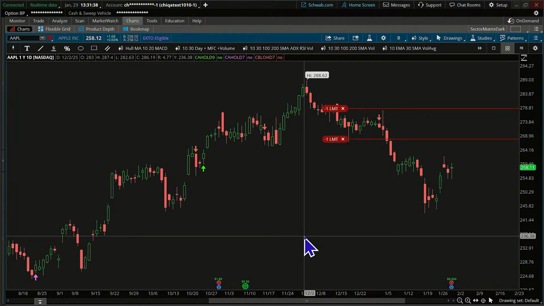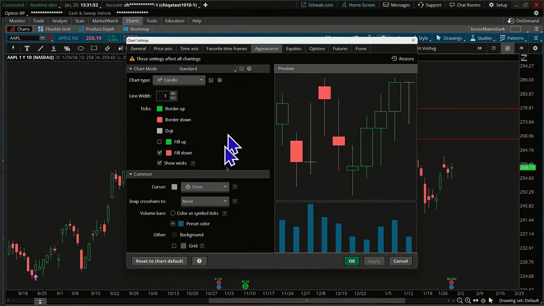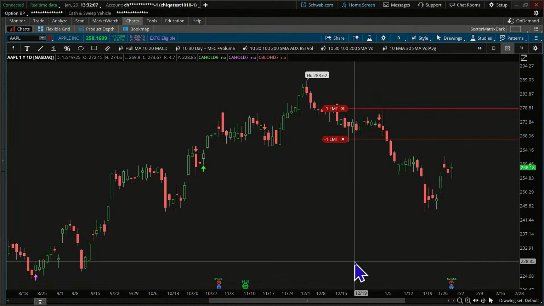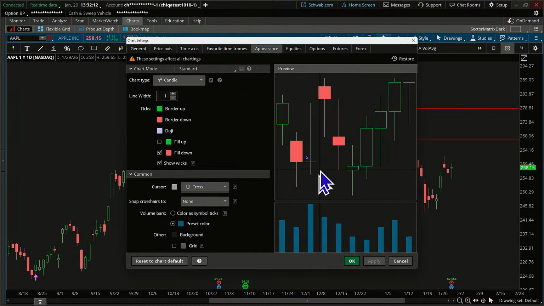Can we see a different color of doji candle in the settings? Is that what you mean? You can. I think you can change the color of the doji candle. If we come up here to settings, appearance, it's in this area where we're saying up, down, green, doji is gray. So what you could, if you wanted, make it violet. I don't know if we'll see any violets in here, but I clicked on that probably a little too fast. In the example, see how it kind of changed the doji to purple? Yeah, so you can do that.